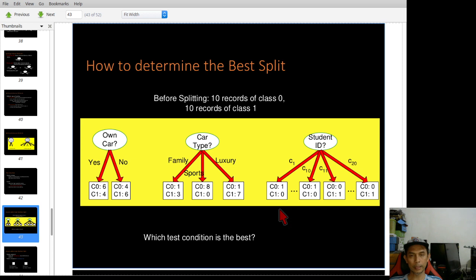For example, let's say you have an attribute of owning a car, whether yes or no. Let's say you have 10 records. Out of 10 records, condition 1 says yes is 6, no is 4.